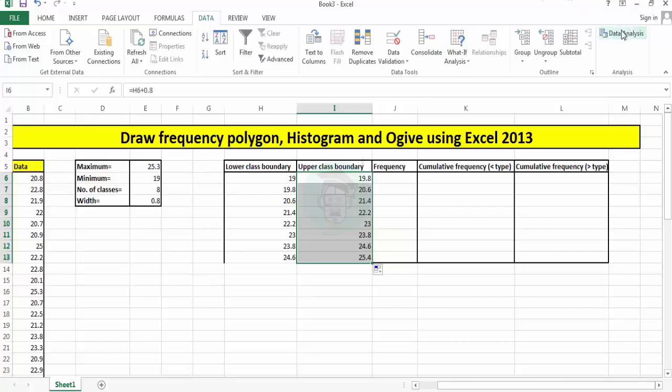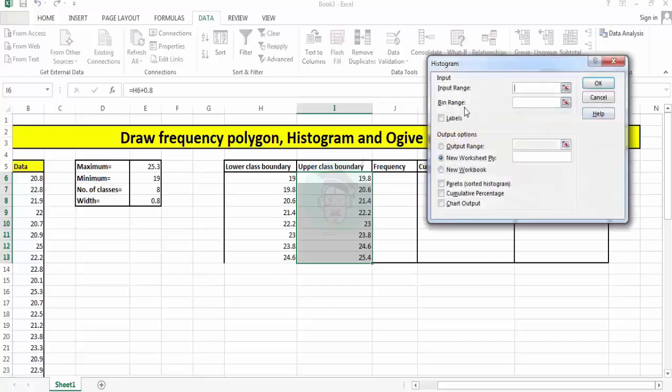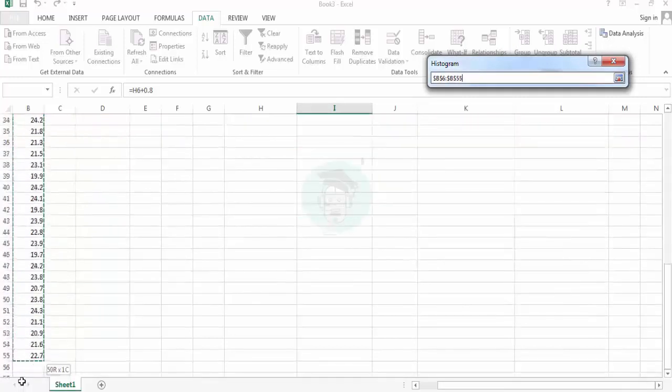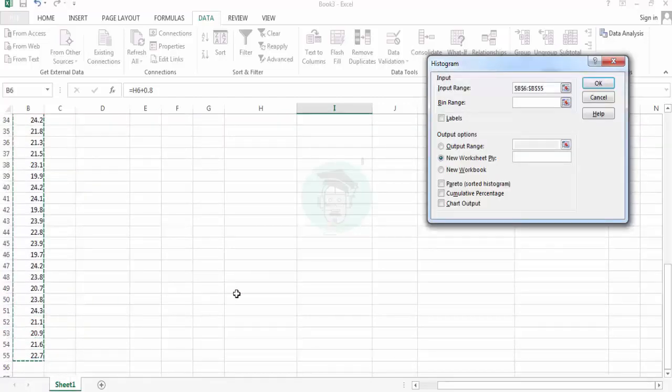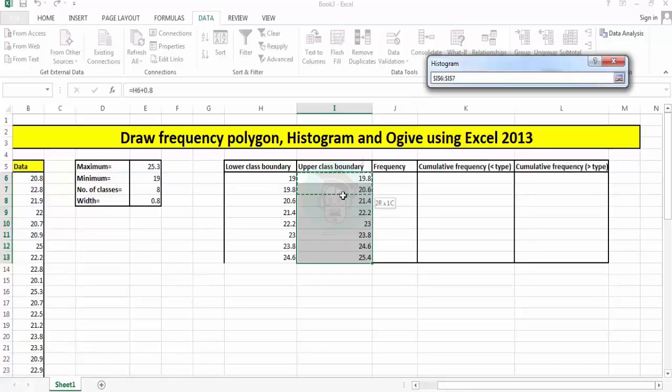So now click on the data analysis tool, then select histogram, click OK. Then the first dialog box is input range. For input range you select again the whole data, then bin range. For bin range we select the upper class boundary column,